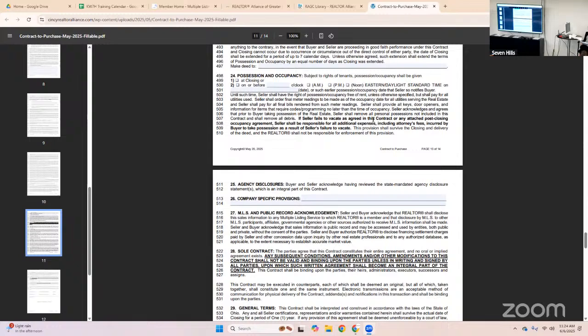But on the agency, you have to be very careful with how you write agency and when you write it. You should always give them the disclosure prior to writing the offer so that they can review it. Yes, you have to have agency when you're writing this. You should write agency at the same time if you can. In Kentucky, it's a little different.